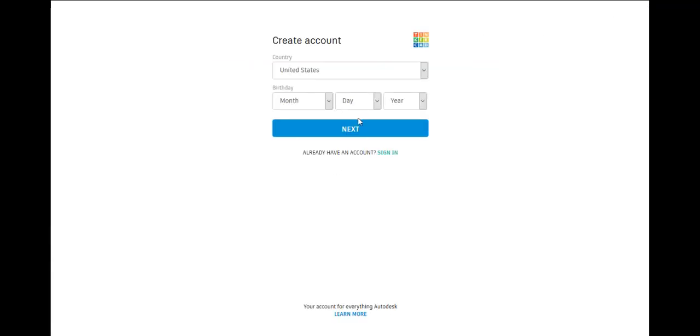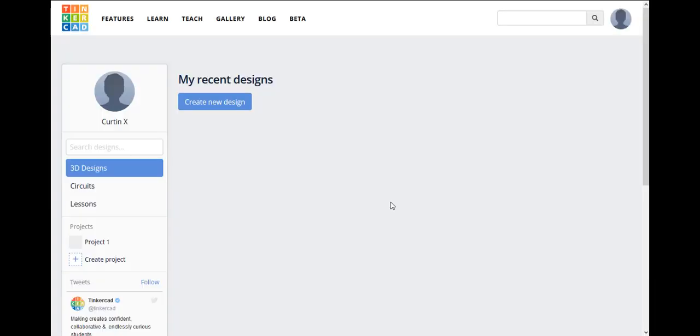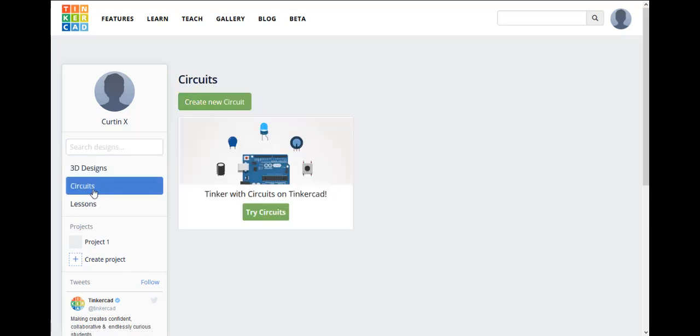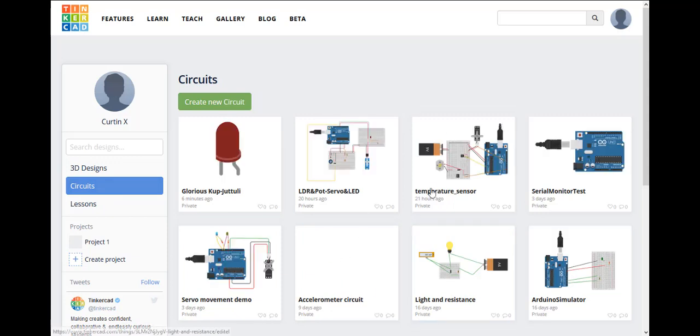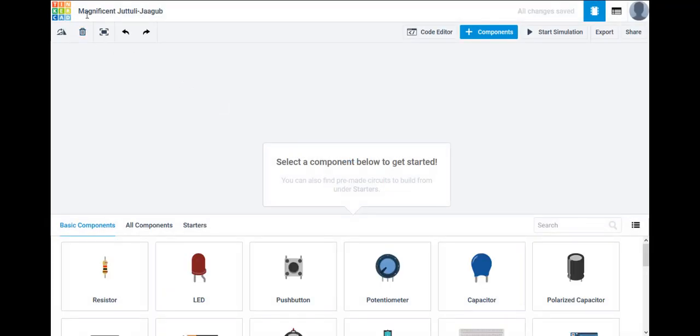You will have to enter your details, and once you have created your account, you will see this screen. On the left, select Circuits. This is showing past circuits that I have been working on, but yours should be empty at this point until you click Create New Circuit. It will be automatically given a random name such as this one, which I will show you how to change